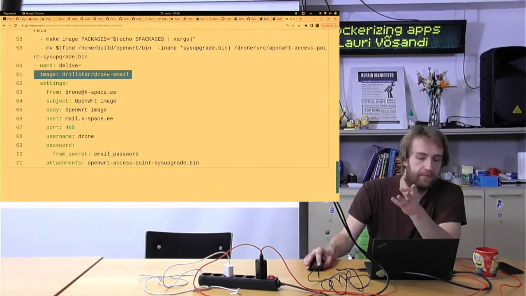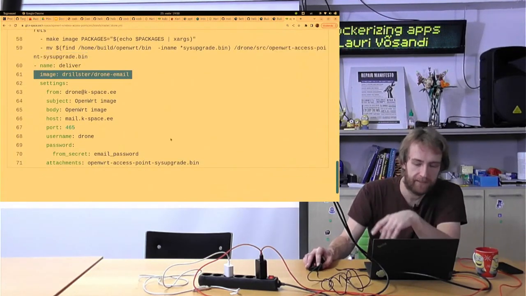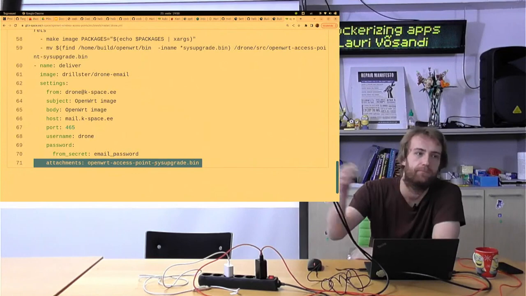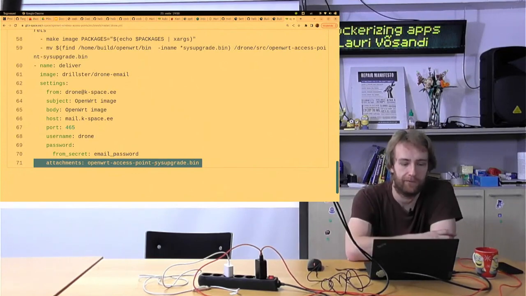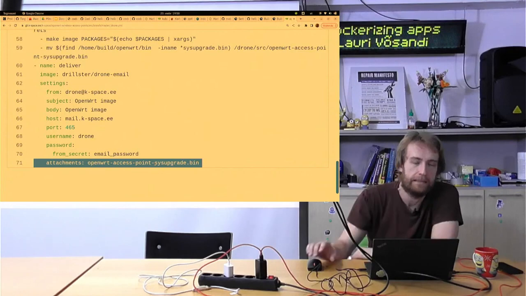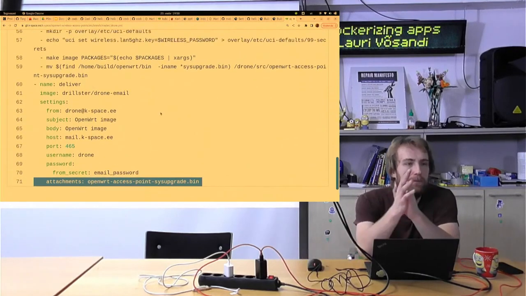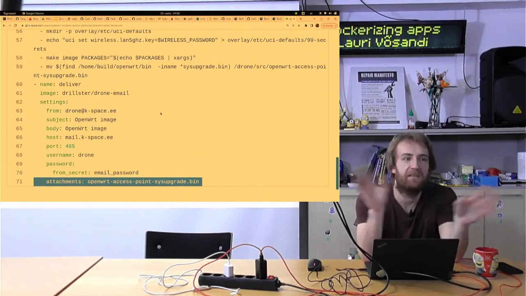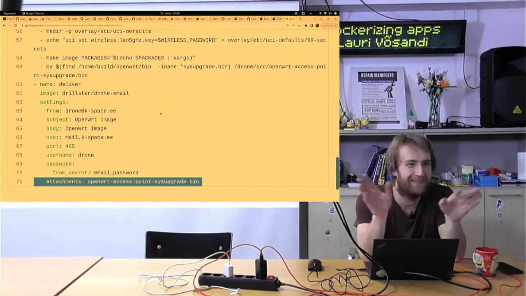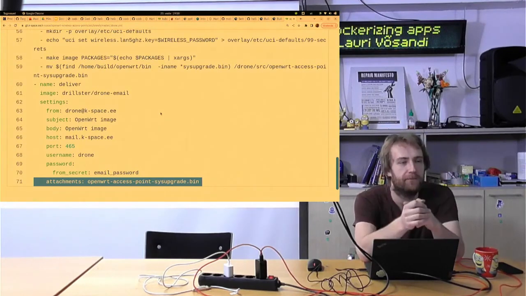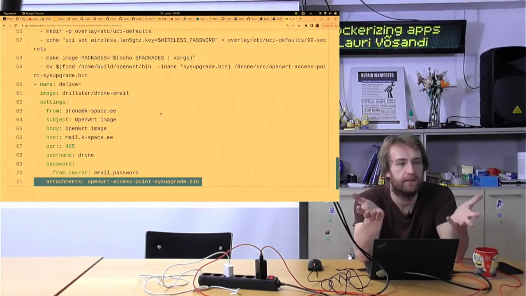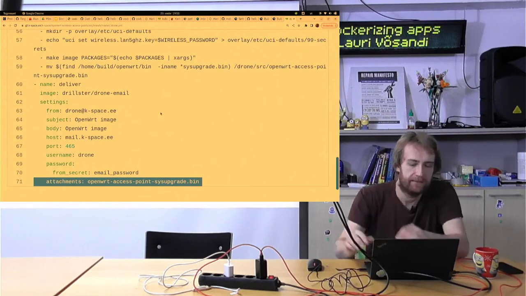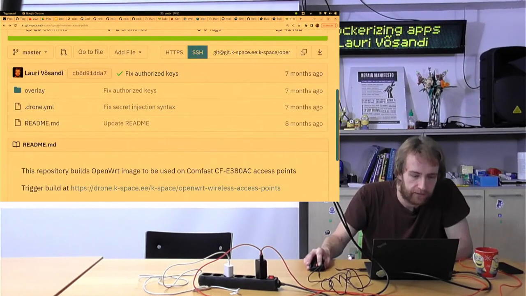And the second step is there's an image for sending email. It will send the firmware image to me over email because it contains the wireless password. So it's not pushed into some website where you can download it, but it just sends it to me so I can flash it to the access points. But this is just an example which still very heavily uses containers, but the outcome has nothing to do with cloud or containers or anything. But just to mess with your head a bit, yes, you can use a Docker image to build firmware for an embedded device. I also did something similar for the